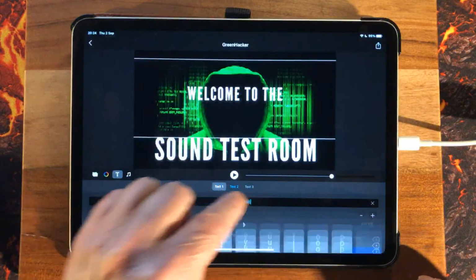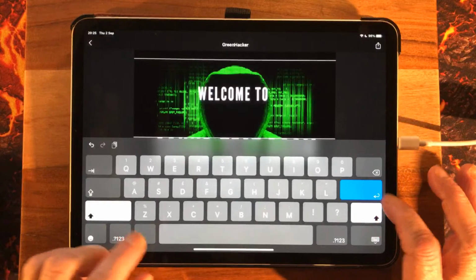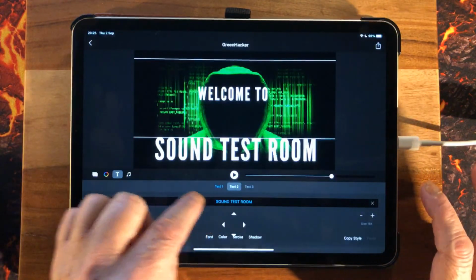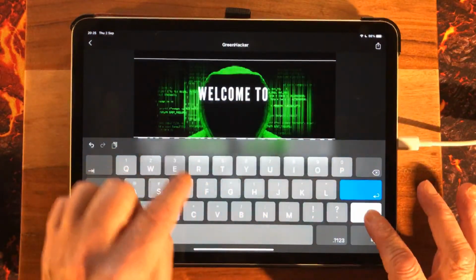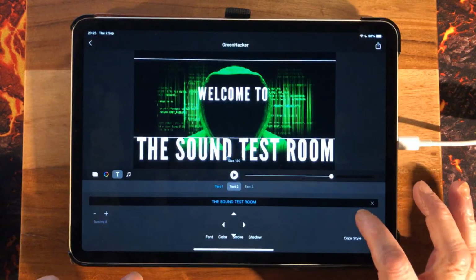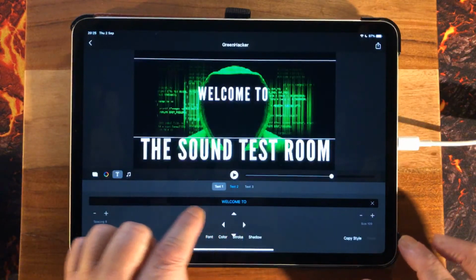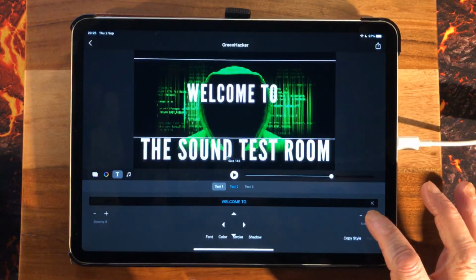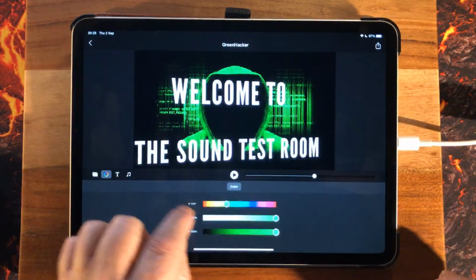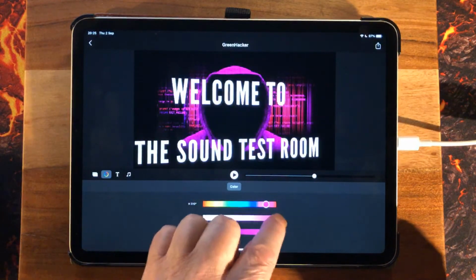first text. I'm just going to take off the. I'm just going to leave that as that, and I'm going to edit the second text and put that in front of space that like this. I probably need to decrease it a little bit, but we could go back to welcome to and maybe increase the size of that. And let's go back to color now and change the color of the background